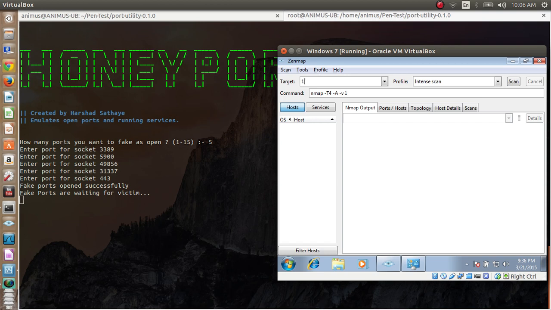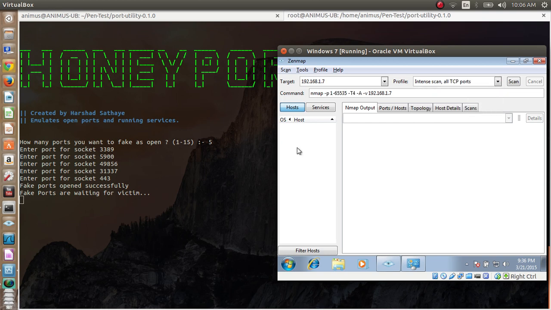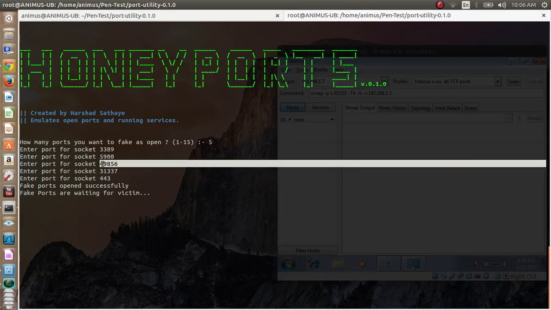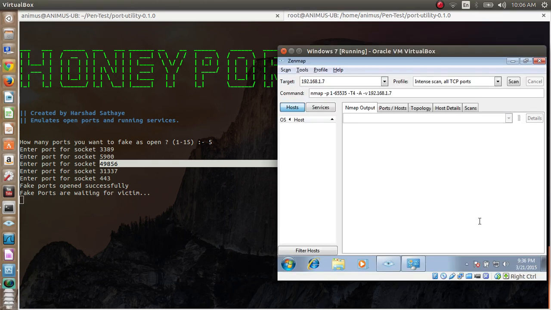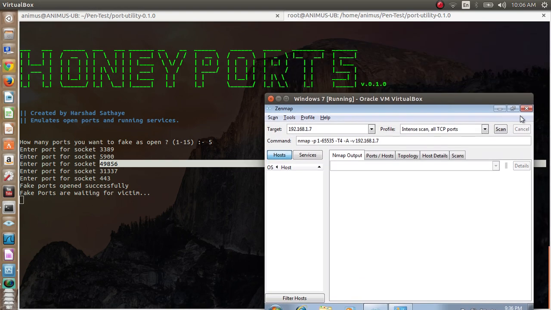So it's all integrated in this tool. So let's start. Target is 192.168.1.7. Now let's select our profile: intense scan plus all TCP ports, because things like 31337 and 49856 are actually out of scope of the regular scan, or rather the default ports included in the intense scan. So now let's hit scan, and